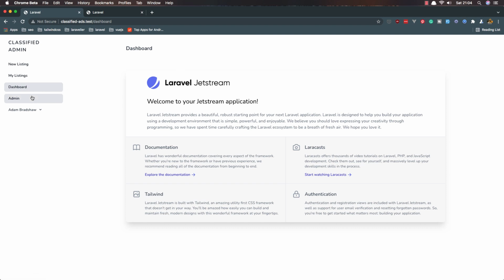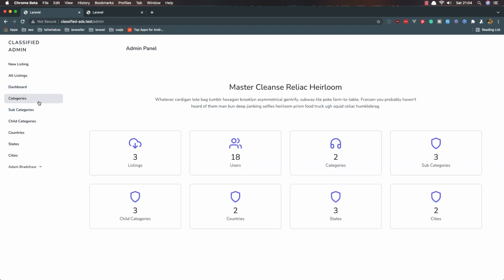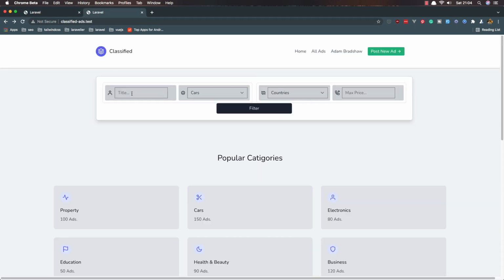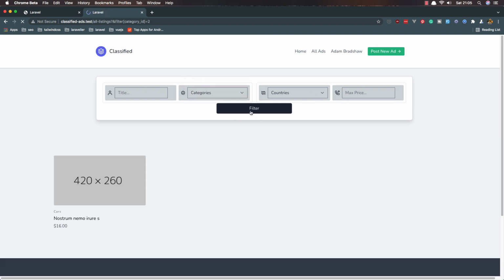If you go to the admin, we have categories, subcategories, child categories, countries, states and cities, of course, and we have this filter by title, categories, countries and max price. So if I filter by categories, countries and so on, by title,